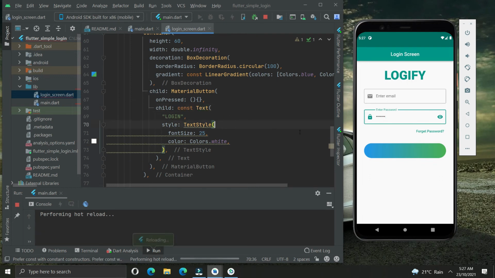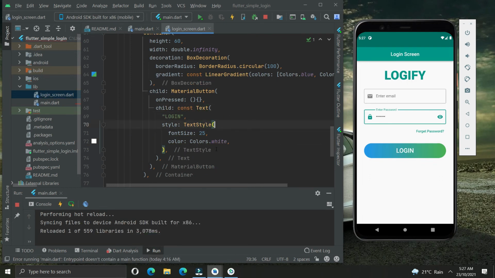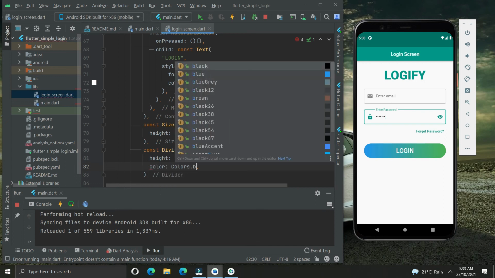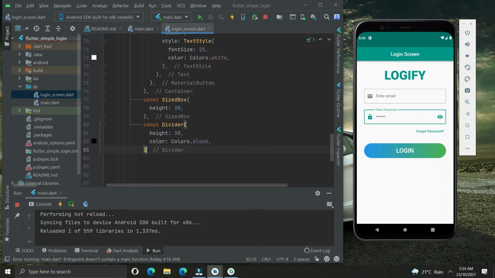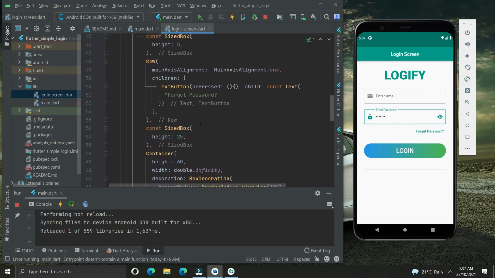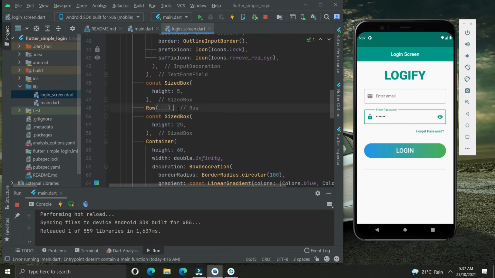Now we will save it and you can see login has been added. Copy the sized box with the height of 30. Now we will add the divider with the height of 30 and give it the colors dot black. You can see the divider has been added.